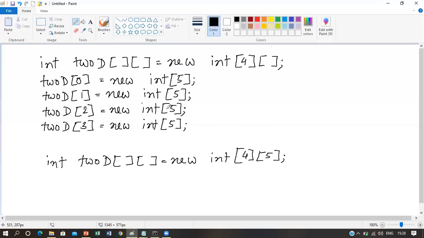For example, let's take a conceptual look at a scenario where the number of columns will vary for each row. Here you have seen that for each of the rows mentioned here, the number of columns is the same. But what if the number of columns is different for each of the rows?